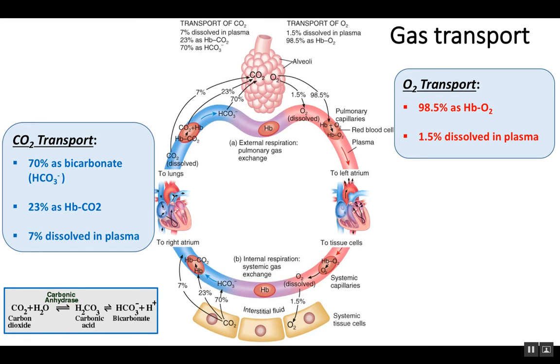It doesn't attach to the iron, it actually attaches to the globin protein. And carbon dioxide also attaches to other proteins in the red blood cell. But 23% goes that way. But notice the majority. The majority, 70% of that carbon dioxide produced by tissue cells, undergoes a chemical reaction shown